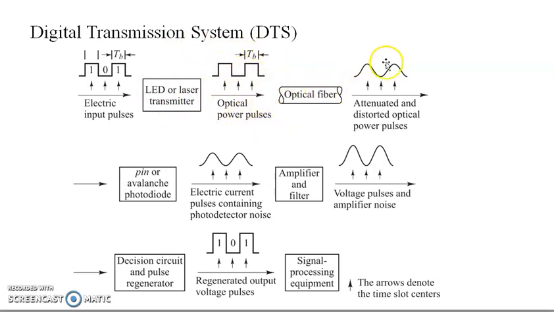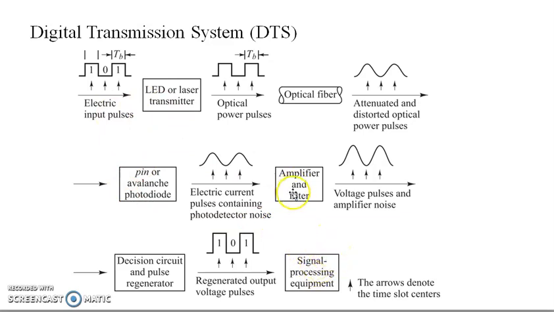And here we have a connector at the receiver. Otherwise, any external signal would be detected by the detector, so we need a connector here. This is about a digital transmission system, how the pulses are transmitted in this particular case. This is about the signal path. We have the electric input pulses, and we are receiving the signal process here.